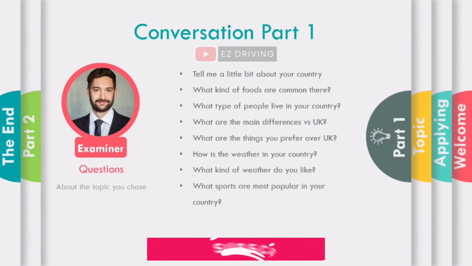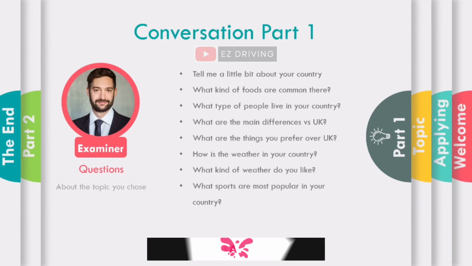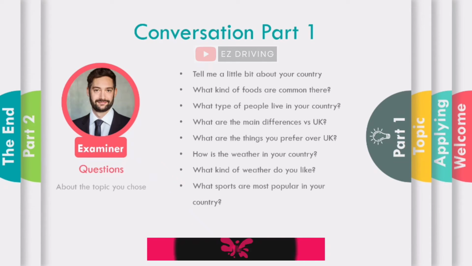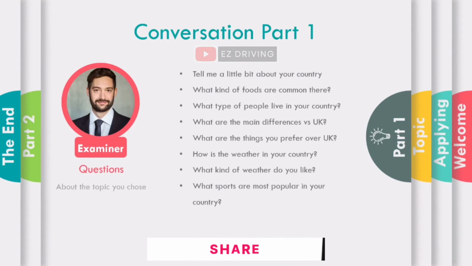Next, he may ask what type of people live in your country, and I can mention the types of people. Like I might say, the people in my country are very friendly, they are great people, they take care of each other, etc. etc. Next, he may ask what are the main differences versus UK, meaning what makes your country different from UK,